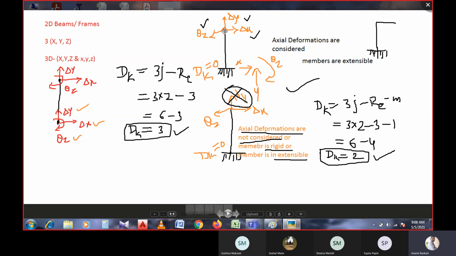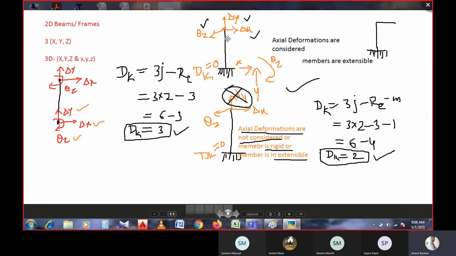But in this case, at this point, there are 3 displacements, that is 3 degrees of freedom, that can be considered when it is axially deformed. That means axial deformations are considered. Axial deformation in the sense that in delta y direction it is allowed, and the degree of freedom is considered, and in delta x as well as in movement in z direction. So there are three numbers.